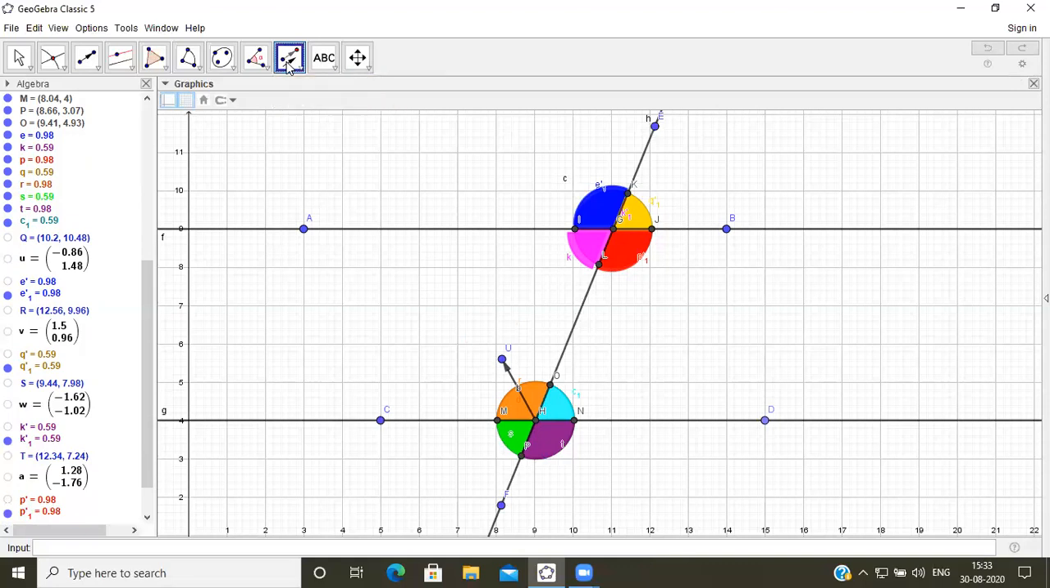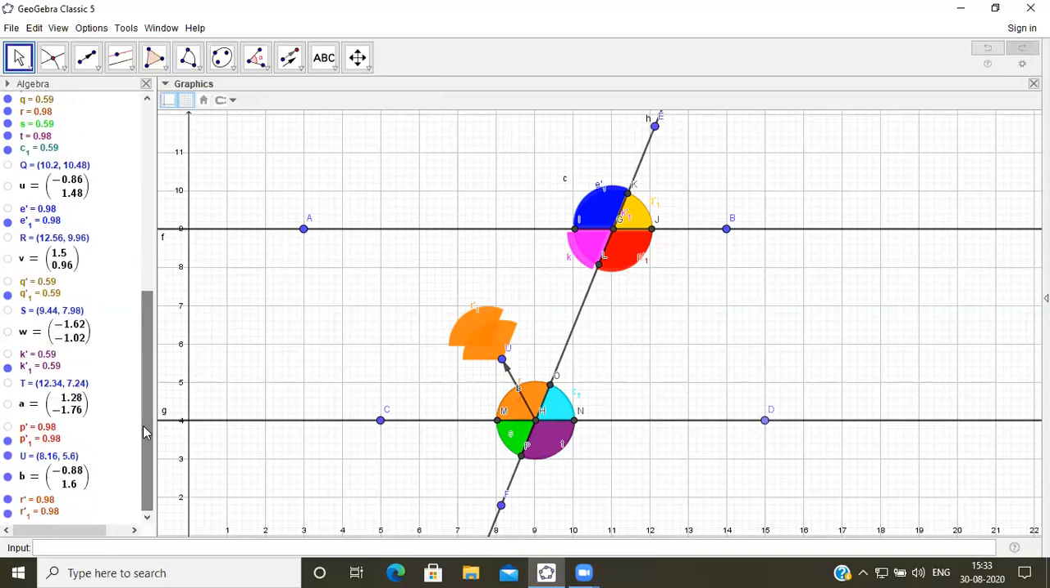So I'm selecting this sector and then vector. Now translate. Okay, whichever you don't want, hide it. So I don't want point U and vector and R dash. Then you can move. Okay, then same way again vector,